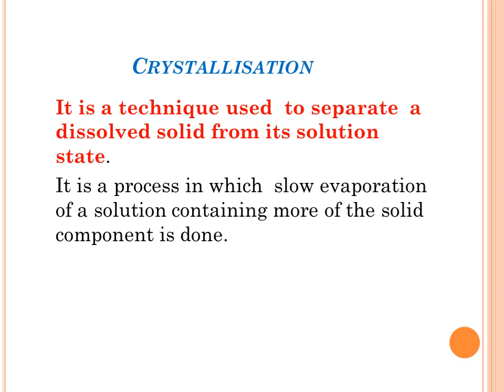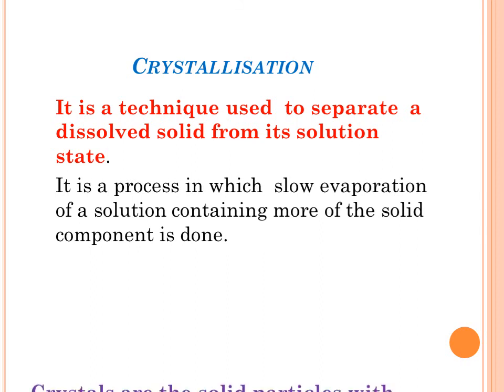Pure sugar is obtained from its solution in water by the process of crystallization. At first, the sugar solution is heated to evaporate water at a faster speed. When very less water is left, the solution is cooled suddenly. On cooling, sugar dissolved in it starts separating out in the form of crystals.